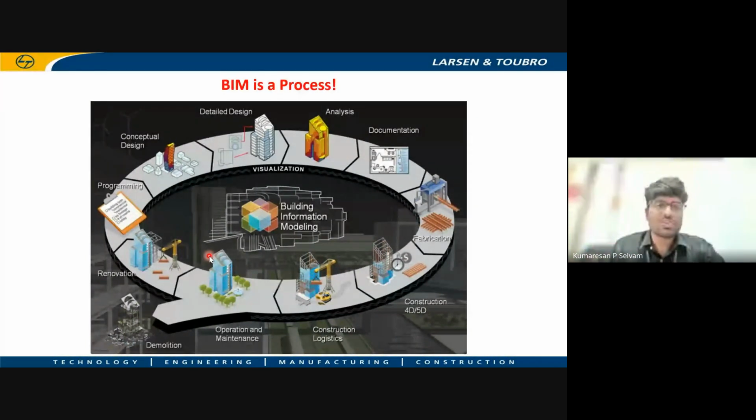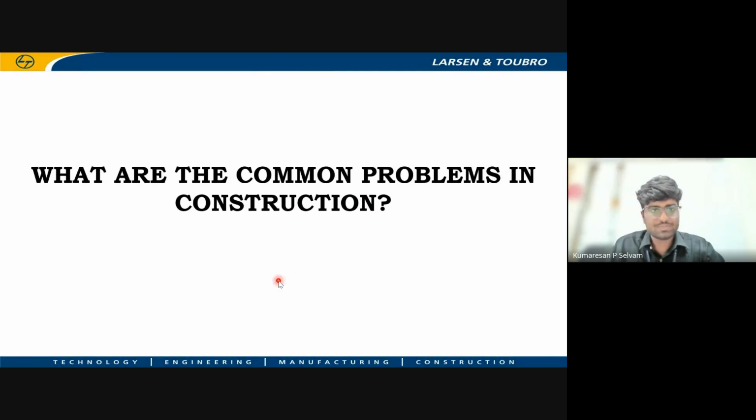It includes many 3D models, 4D models, 5D models, construction logistics, everything. That is why here you can see it is used in all the applications. So it is not a software tool where you are using Revit. Revit is a software you use to construct a 3D model, but there are various other software for other applications also. And all this combined together is a technology, and that technology is called building information modeling. Here, the information flows through the entire life cycle.